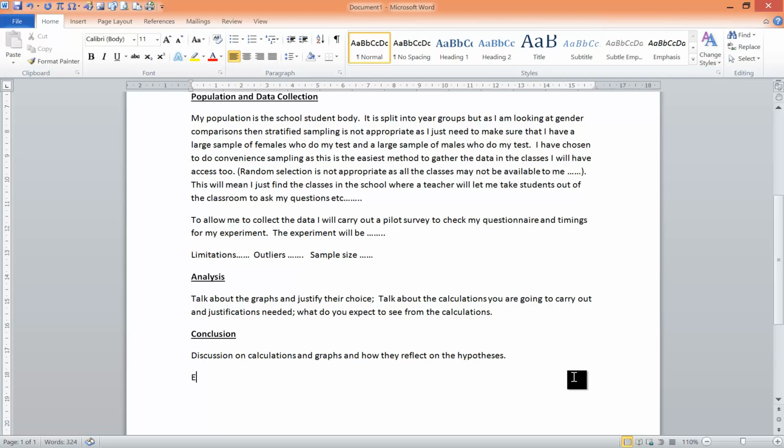Then there should be an evaluation section. Now the evaluation could actually happen earlier in the work. Once you started your work, you could be talking about the evaluation as a way of changing what you're doing, because sometimes you find that what you thought was going to work is not going to work, and then you evaluate and change it and collect your data in a different way maybe, or carry out different calculations because your data, for example, might have had tons of outliers and you decide to take another sample,